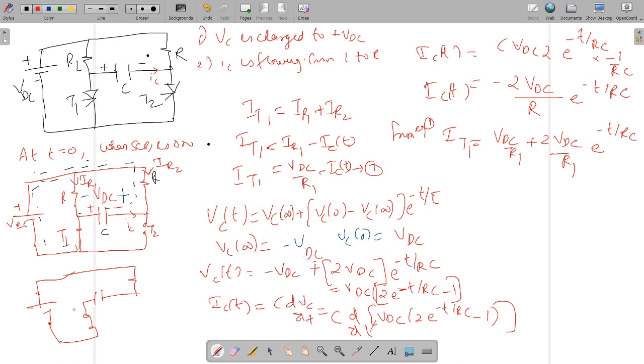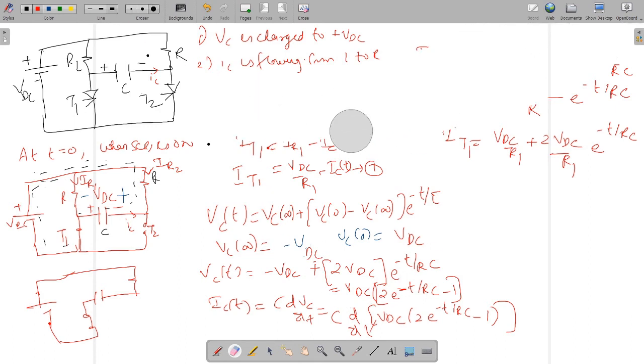For calculating the circuit turn-off time, first you will have to understand the definition of it. The circuit turn-off time is the time for which your thyristor will be in the reverse bias condition. In this case, your thyristor T2 will be reverse biased. So we will try to calculate the circuit turn-off time for the thyristor T2. Now these two equations are very important.